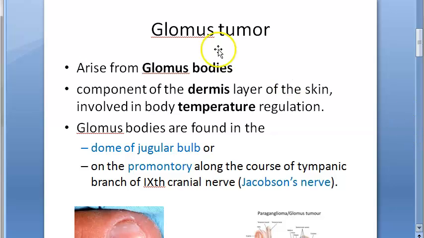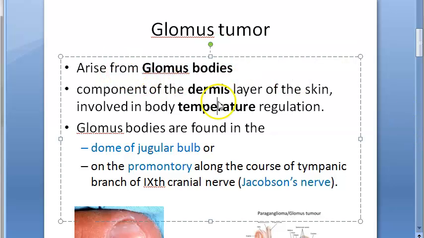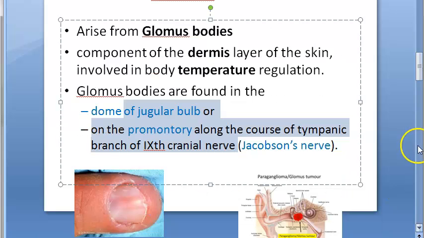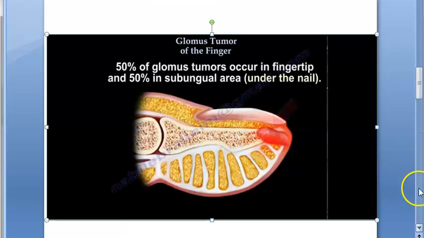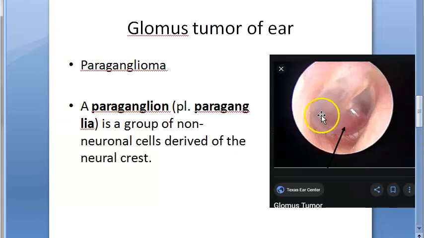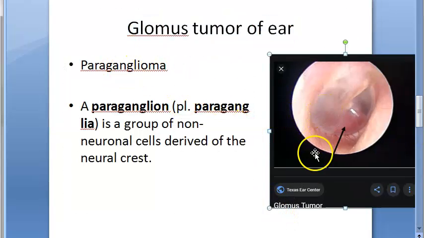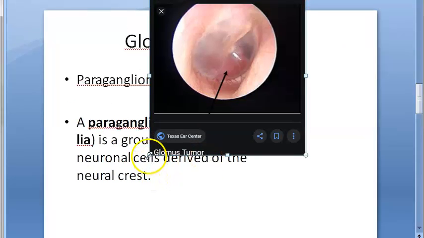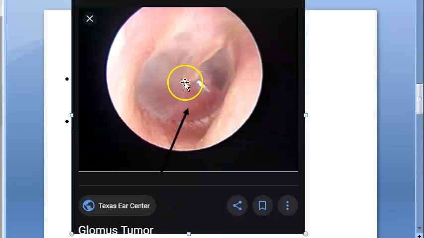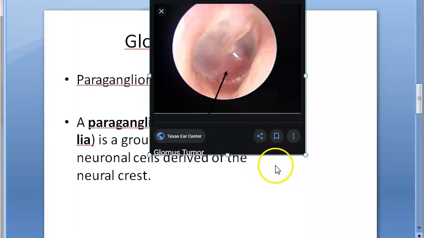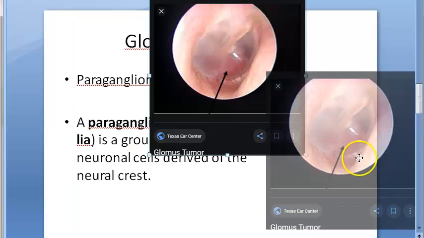So what and all we saw till now, we have started off with glomus tumor. We saw that it arises from glomus bodies. Where are these glomus bodies? We saw in the ear where they are. So usually glomus tumor, if you Google, you will get this kind of images. Okay, toes, fingers, etc. But we want to talk about glomus tumor of ear. Okay, look at this image here of a real clinical image of a glomus tumor. This is a glomus tympanicum. There are two things, okay, that can happen. We'll come to that.